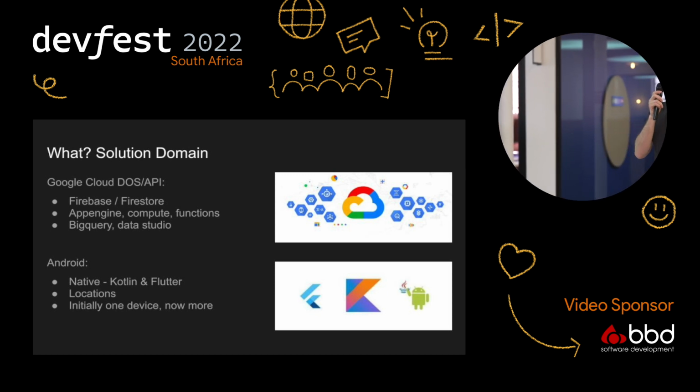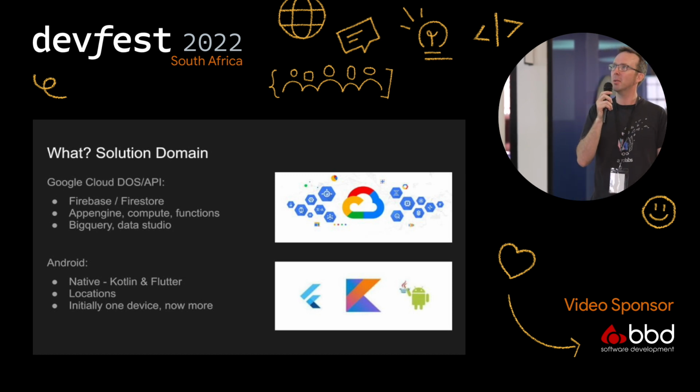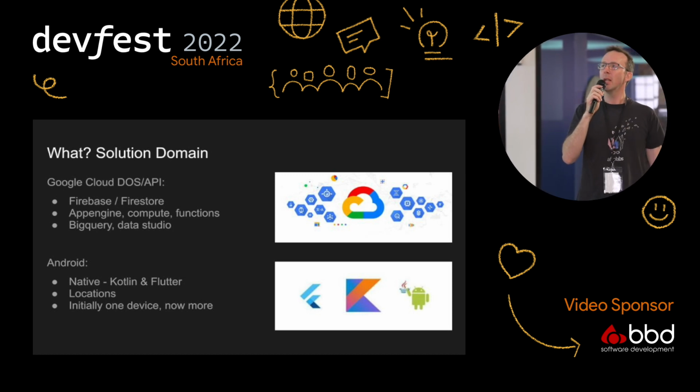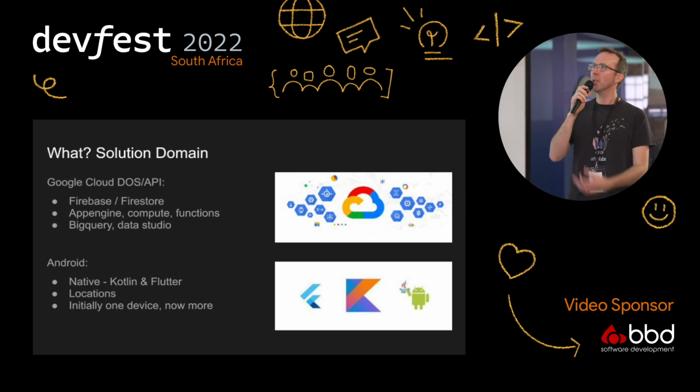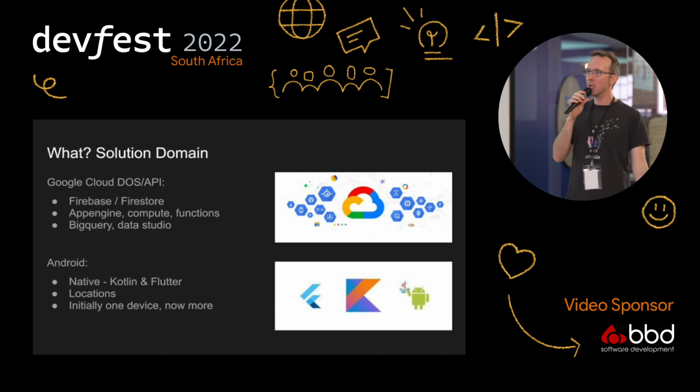What happens in the solution domain? Lots of Google Cloud for the DOS and the API stuff: Firebase, Firestore, App Engine, in the compute and functions coming through, BigQuery and Data Studio to get the answers out. And in Android,